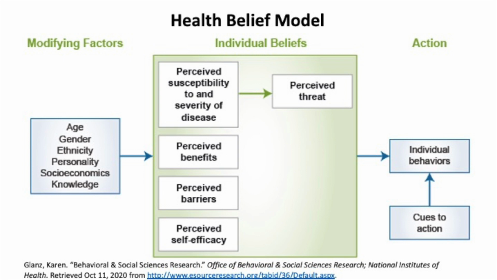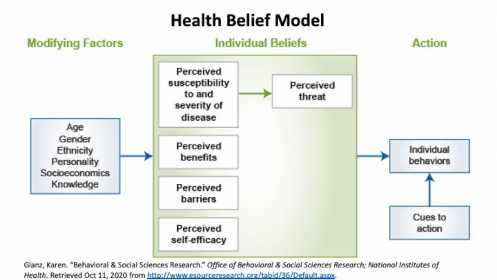Or maybe there are barriers that are perceived, but that actually are not necessarily as detrimental as the person perceives. For example, maybe somebody assumes that some medical treatment is not covered by their health insurance when in fact it is. That's just one example of a barrier that might be perceived but isn't actually present.